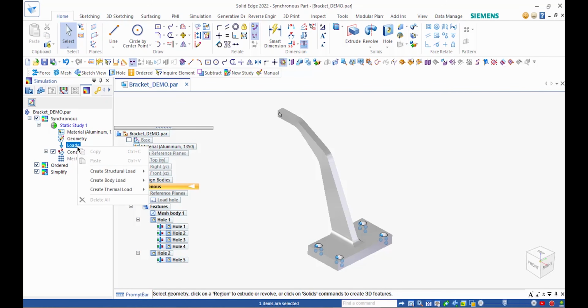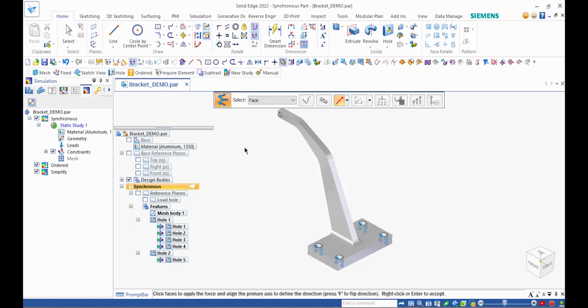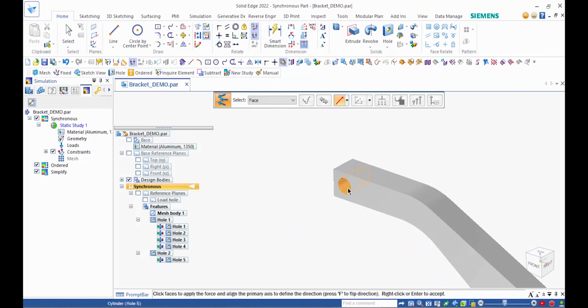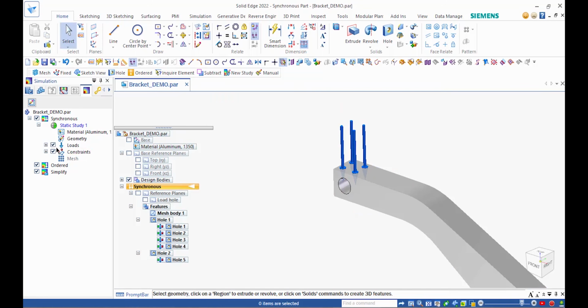And as far as loads, we're going to add a load to this face, maybe like 100 pounds of force. And we're pretty much done. Now we're going to be able to mesh and solve